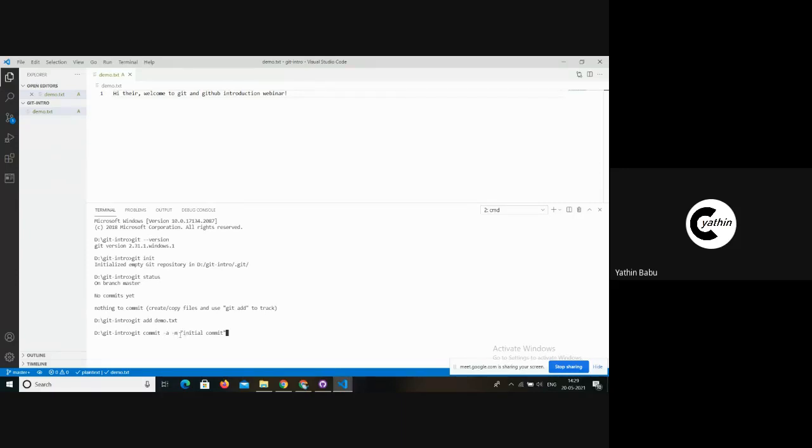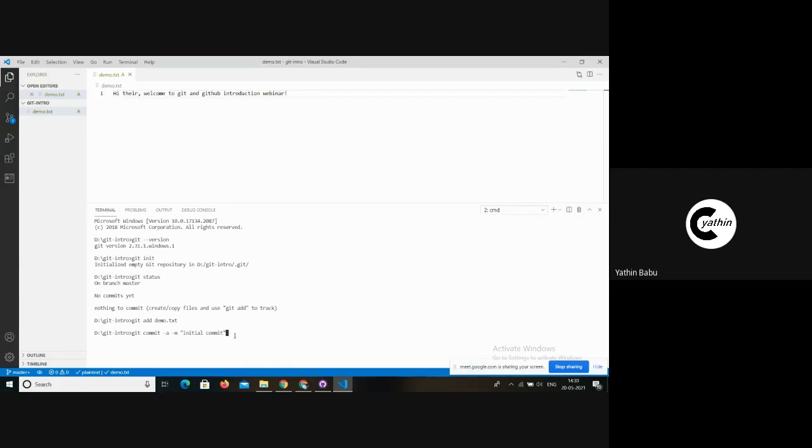Also, in order to add a commit message describing the changes we are incorporating into the Git repository, we include a message here. Usually when we create an empty repository and make our first commit, we just enter initial commit. That's just a standard practice.